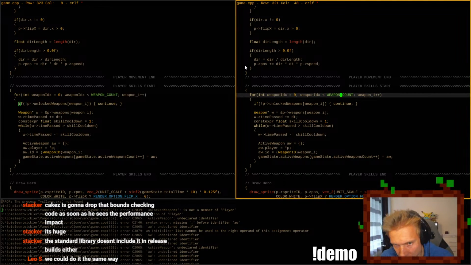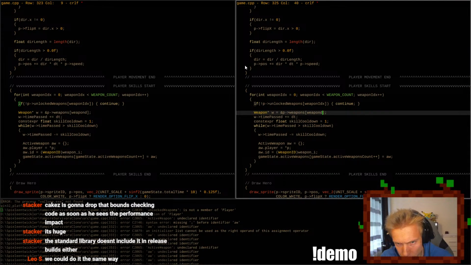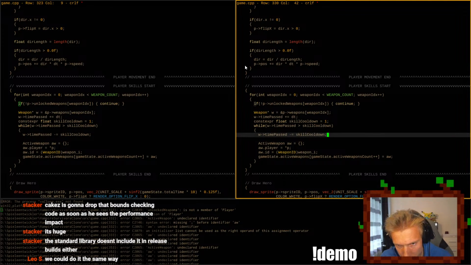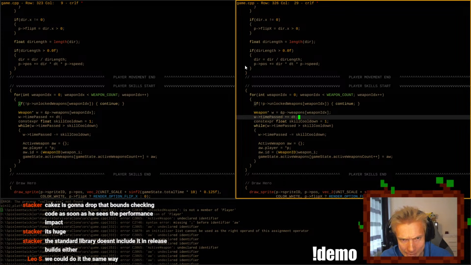To proper indices. What is that underscore I? Where is that coming from? Change the underscore I to EDX, like a normal human being would do. Who does write underscore I? Now what is he doing?